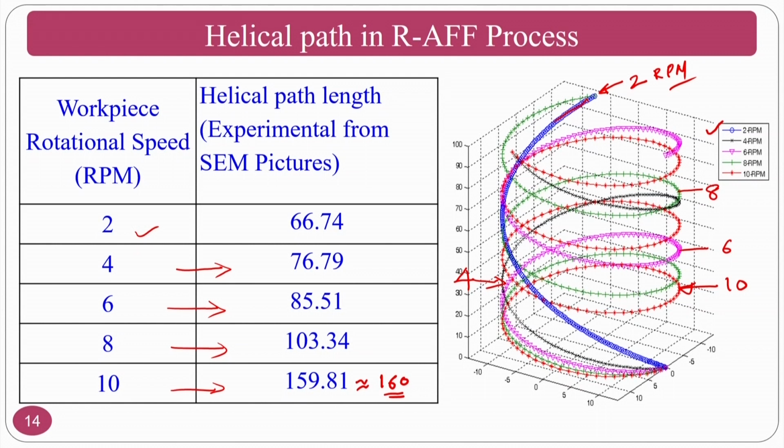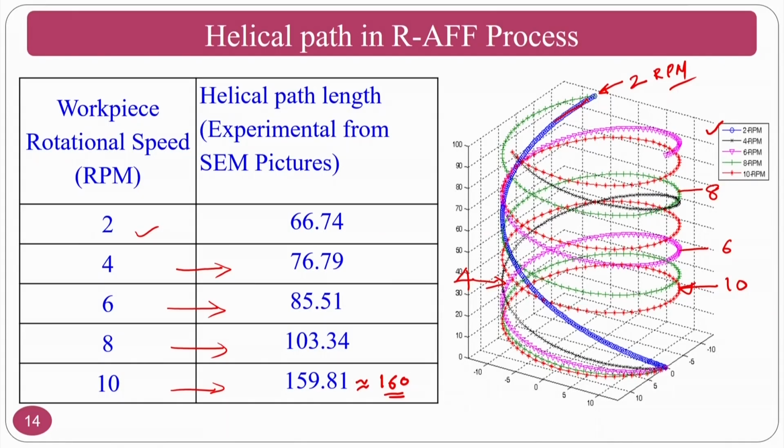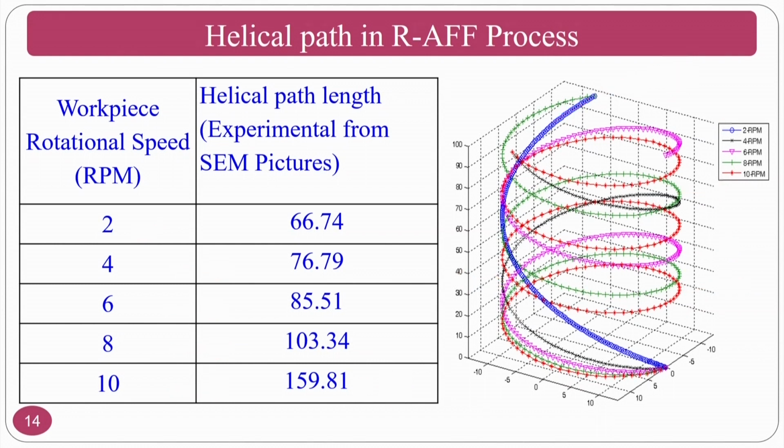Why is the helical path coming? Because your workpiece is rotating, at the same time the medium is reciprocating. It resembles a honing process, but it is not a honing process where you have fixed sticks. Here it is a flexible medium. That is why some papers also name it the flexible honing process. But nowadays there are some other flexible honing processes also available that you have seen in the lectures when I was discussing the conventional abrasive based polymer finishing processes.